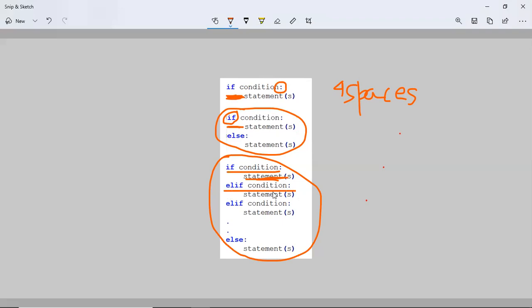If the first elif condition is satisfied, we execute the group of statements associated with it. If it is not satisfied, we come to the next elif condition. If the next elif condition is satisfied, we execute the group of statements associated with it. In this way, we keep on checking. If none of the elif conditions is satisfied, along with the if condition not being satisfied, we have only one option left, that is the else part. So we'll come to the else part and execute the statements associated with it. So that is how if elif else works.